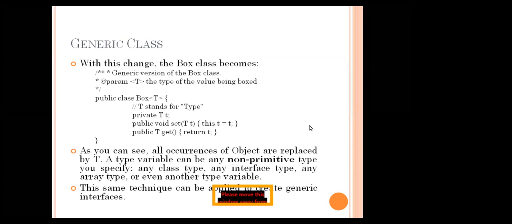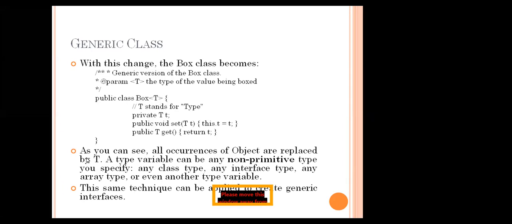But here we have a generic class. Here we are mentioning which type of values or which type of object that particular class should hold. That information is mentioned while we are creating the class itself. So that is the simple meaning. Here T stands for type. Which type are you going to use for this Box class? That we mention while we are writing the code itself.